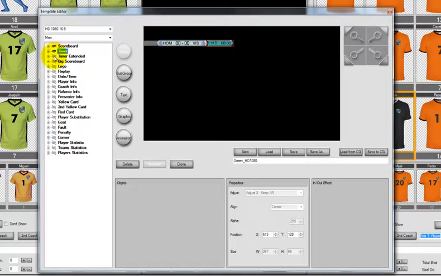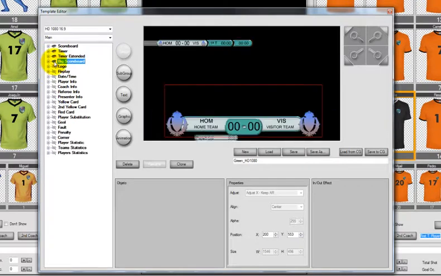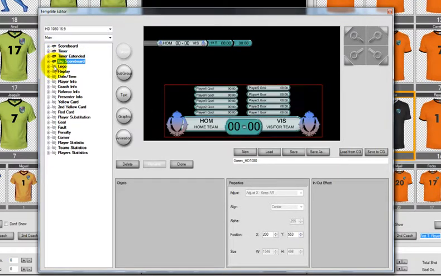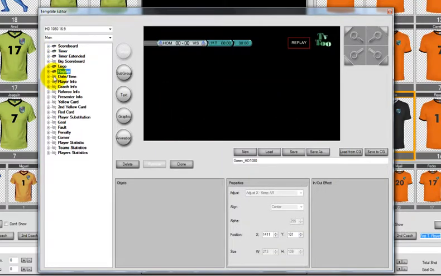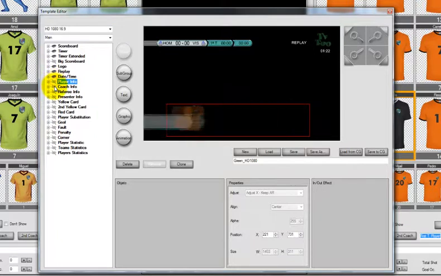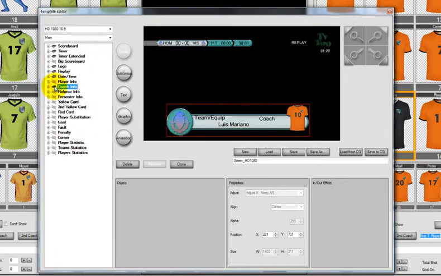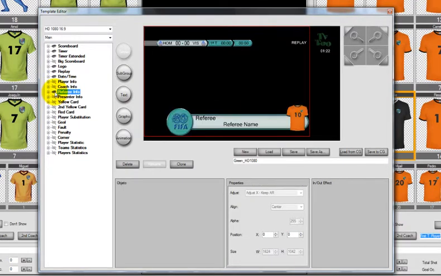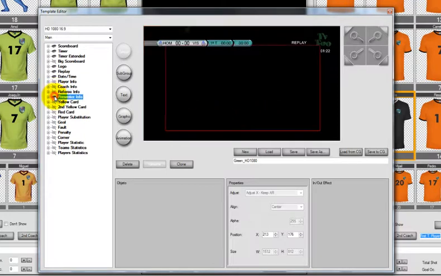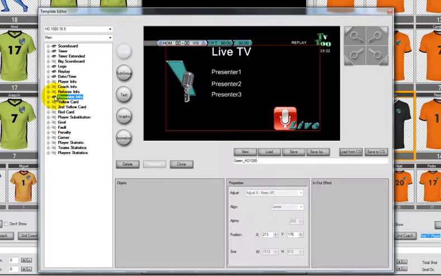timer, timer extender, big scoreboard, logo, graphic TV, replay, date, time, player info, coach info, referee info, presenter info,